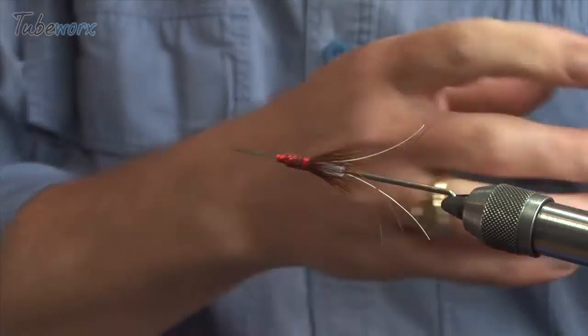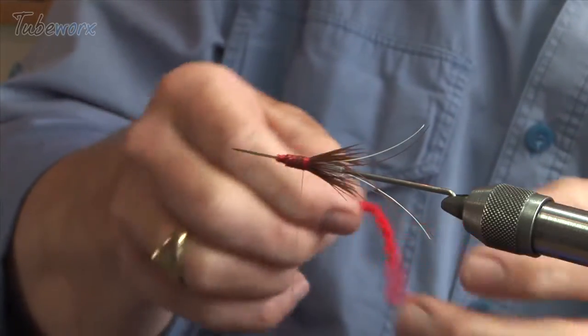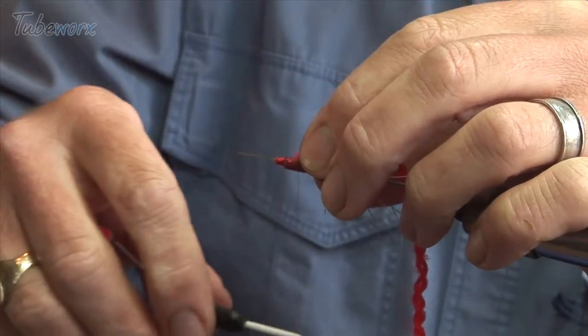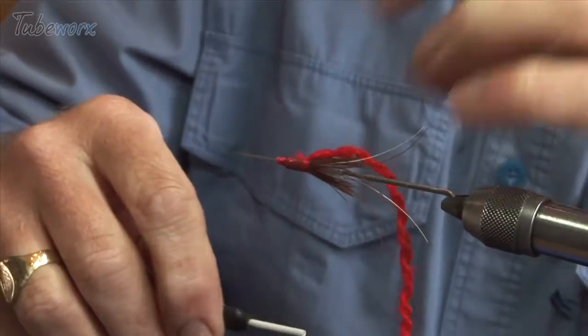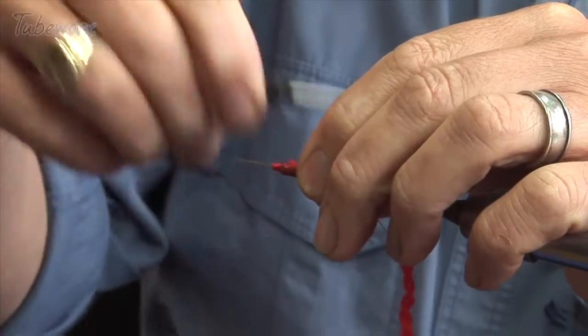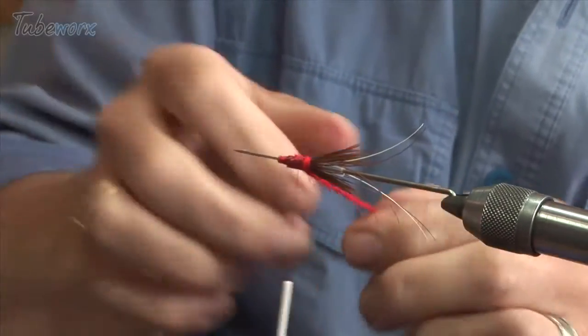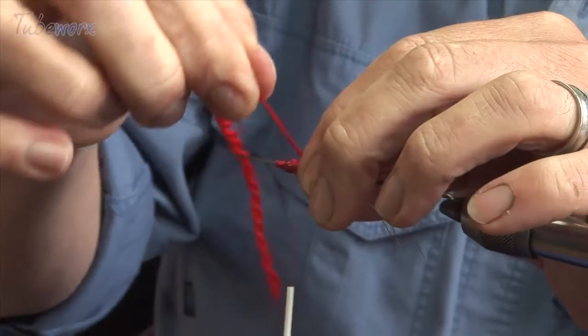So to our red wool, and this is ordinary red wool. This is obviously 4-ply because I've taken 2 away from the 4, and we're just going to tie that in. This is one of the only times that we're not tying our materials the full length of the tube, because we are trying to build bulk at one end. So we'll take that around, and then we're just going to put a couple of wraps of wool around at that point